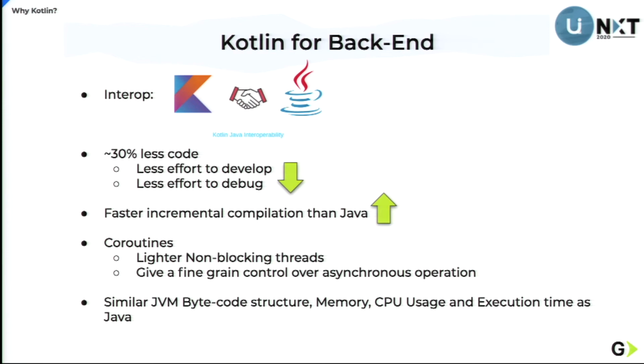Trust me, in my experience, we had a Java project, Android actually, and a few of the files were in Java and a few were .kt, and they worked seamlessly. So it doesn't mean that you'll have to go through all the hell work of migrating all your existing project code into Kotlin. Plus, less code, so it saves your time, and it's less debugging hell as well, like I mentioned. Everybody is happy. And faster incremental compilation than Java.